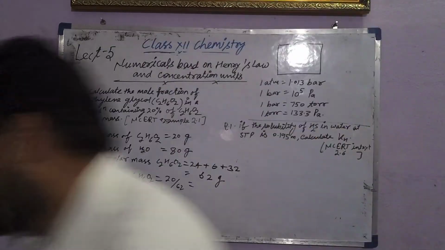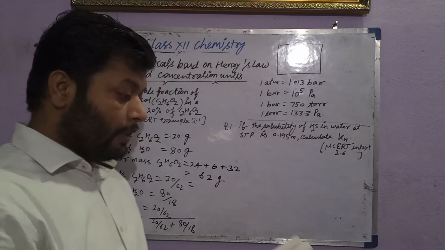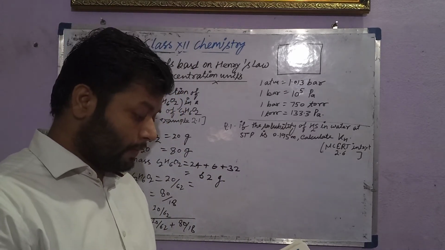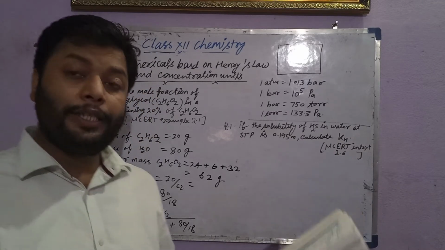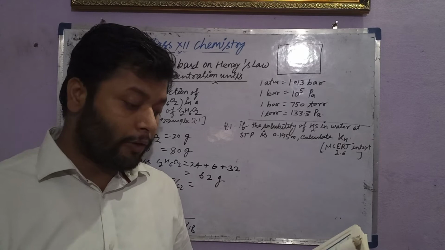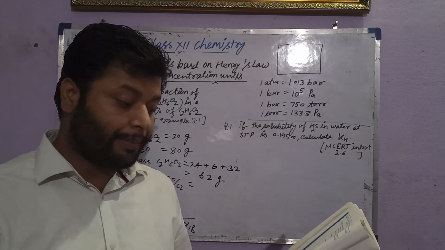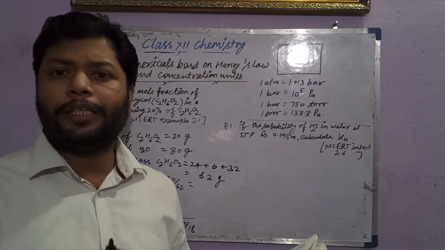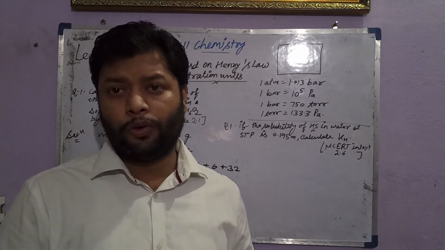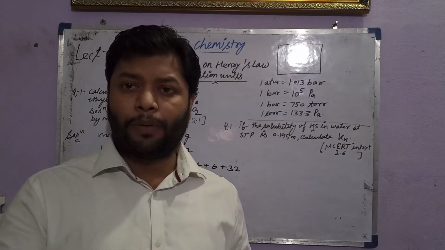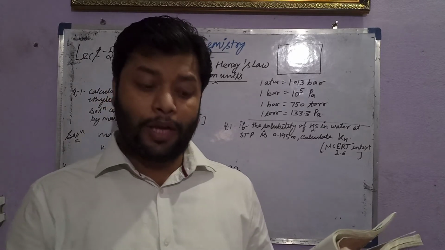We'll take some of the numericals from the NCERT book again. That was example number 2.1. Example number 2.2 is actually based on molarity. The question is: calculate the molarity of a solution containing 5 gram of NaOH in 450 ml of solution. So I am giving a hint for the question, so you can solve it on your own at home. Okay, and if there is any problem, you can ask me. Calculate the molarity of a solution.